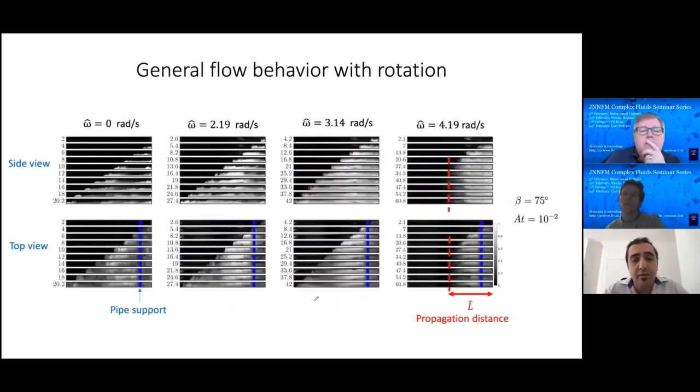So let's see what happens in the presence of rotation. Looking at the side view of the same experiments, by increasing to a small rotation, we observe that the rotation inertia cannot overcome the transverse buoyancy, so the fluids only slightly mix and the front velocity slows down. By increasing the rotation a bit, we observe that the fluids mix transversely more efficiently,